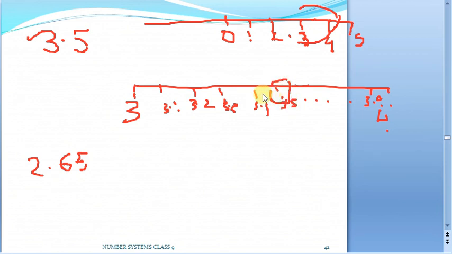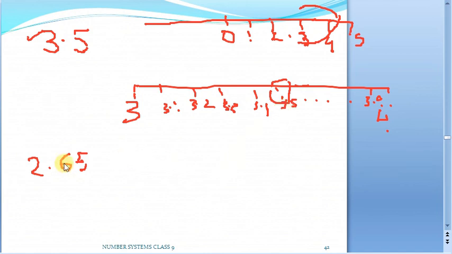So what we are actually doing, we are magnifying the region between these two numbers and we are getting our requisite number. So this method we call the repeated magnification method, where whatever the number is, first we will see between which two integers it is going to lie. So here my number is going to lie between 3 and 4. So I will zoom the region between 3 and 4, for sure 3.1, 3.2. So like that I will be making 10 equi-spaced divisions here. So exactly I will be finding my number 3.5 to be here.